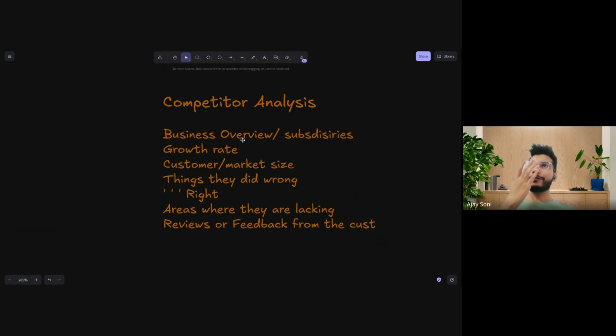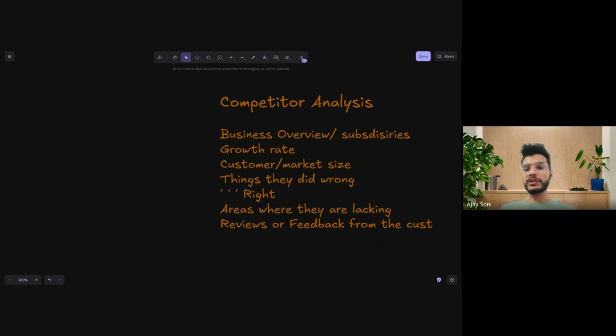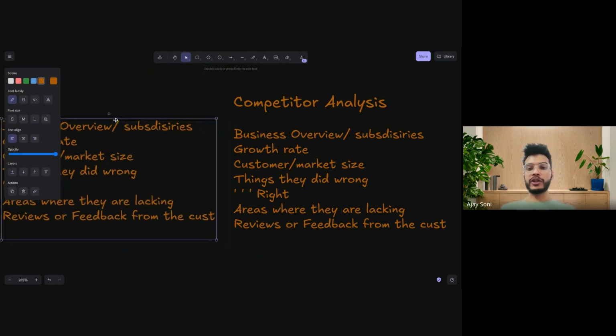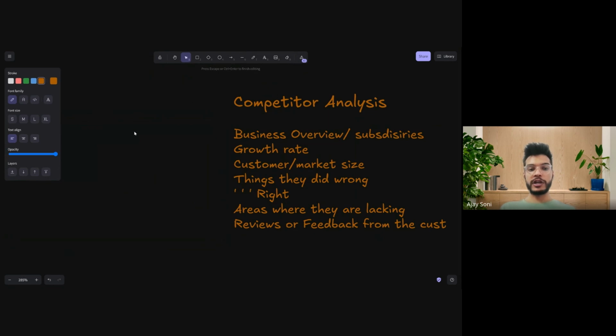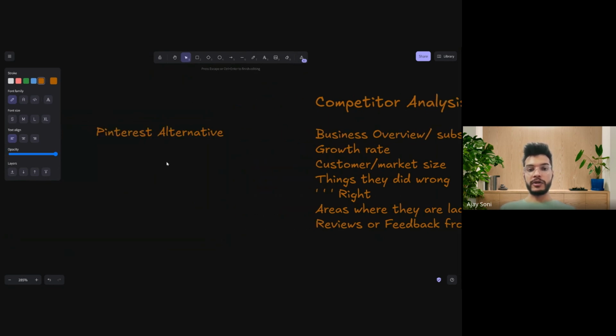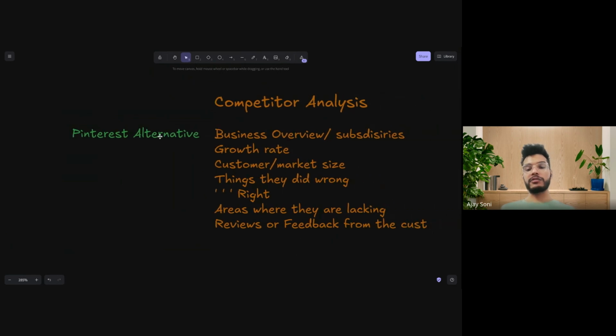For example, Tata is competing in a lot of businesses, in technology, in automobile, in jewelry, in a lot of things, right? You may not compete in the different categories, but it should be related to the product that you are making. Just for an example, say you are working on a Pinterest alternative. You are creating a product, and the competitor for your product is again Pinterest only, right?